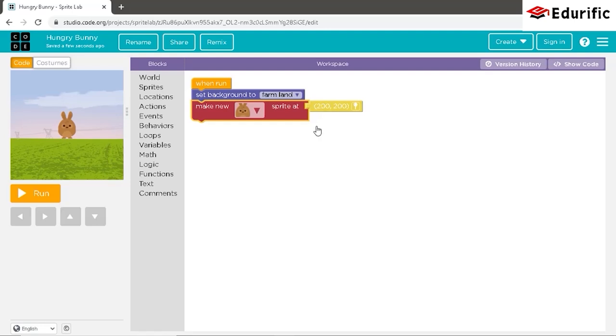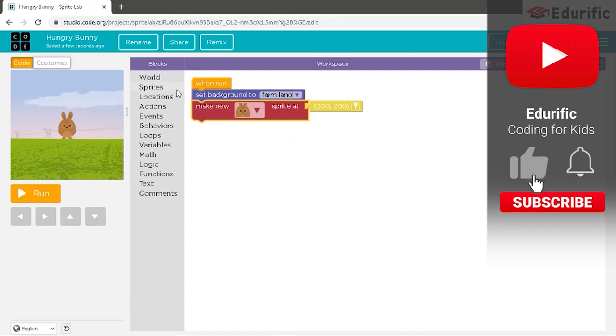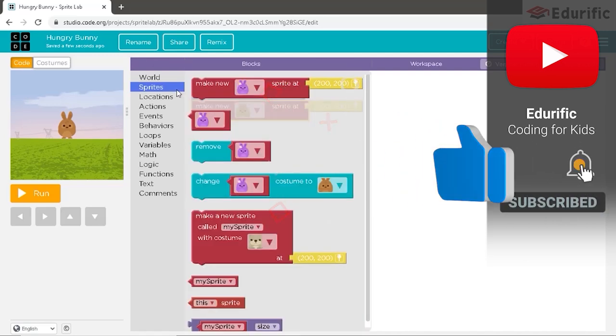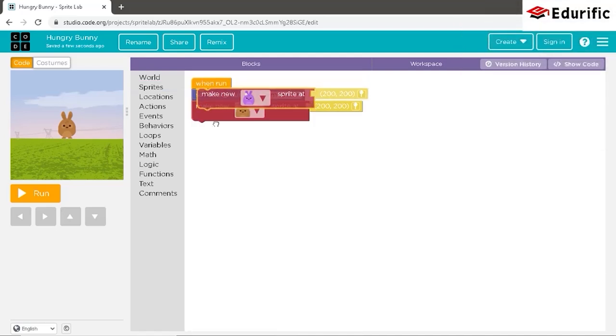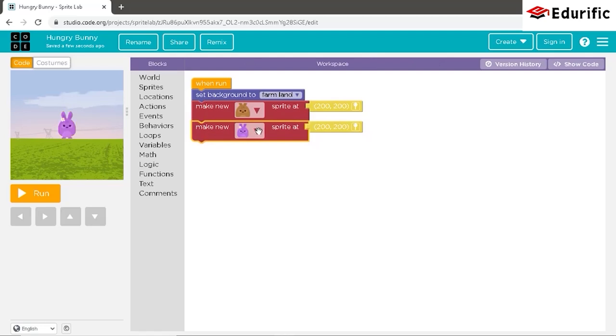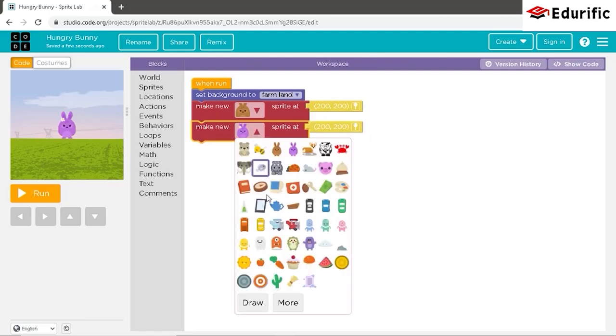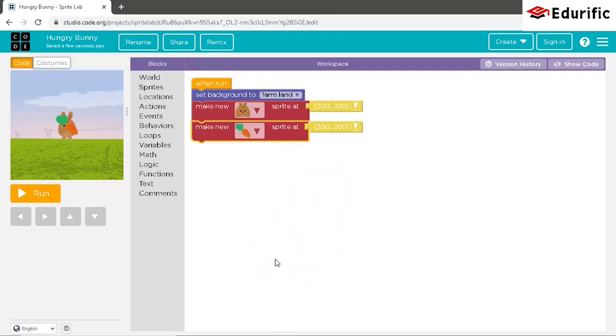Now, we should create another sprite which will be the food for the bunny. Since generally bunnies eat carrots, we shall add our new sprite as a carrot. So we'll go again and drag make new sprite command, and we'll add a carrot as our new sprite. But we will be changing its location.